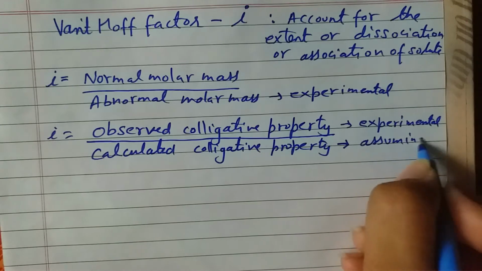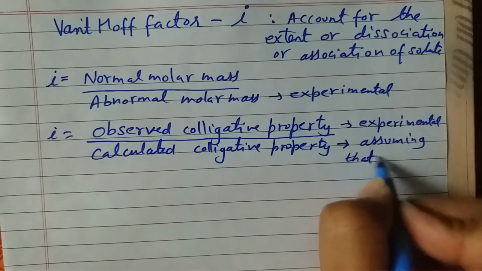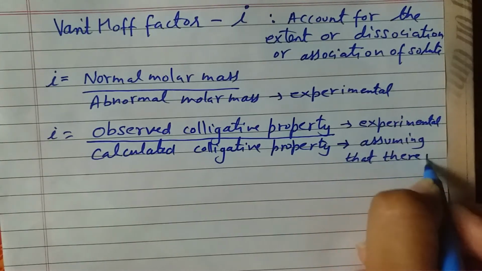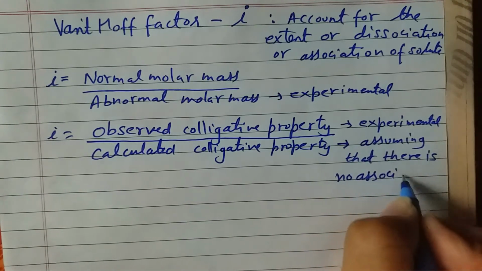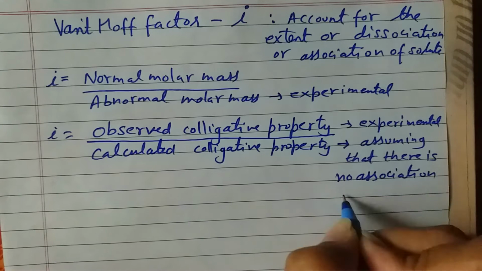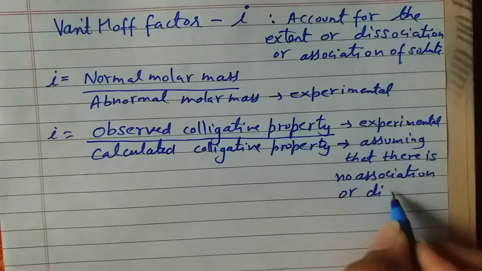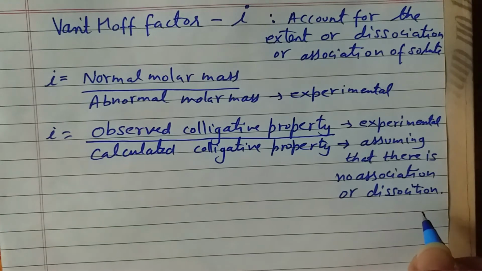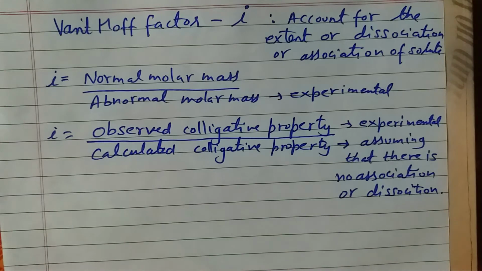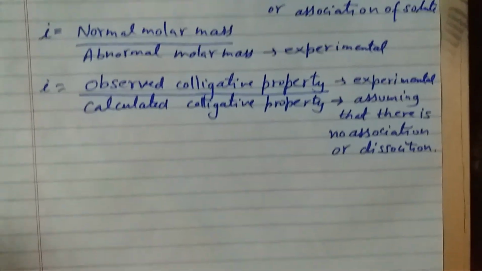The assumption is that there is no association or dissociation in solution taking place. So observed is the one that you will observe, that is the experimental value, and calculated colligative property we will have to calculate with an assumption that there is no association or dissociation of the solute taking place in the